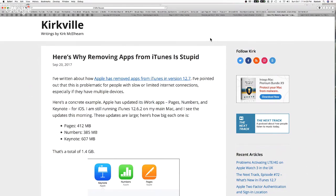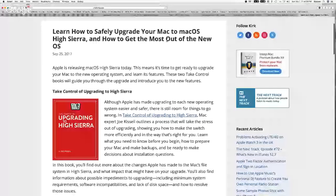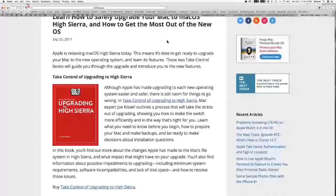And then I want to also mention on the Kirkville website, Kirk mentions a book, part of the Take Control series, about upgrading to High Sierra. And there's another one on using High Sierra. I've looked at the one on using High Sierra. It's a very good book, but I wanted to mention, I'm going to link to the article, particularly about upgrading,